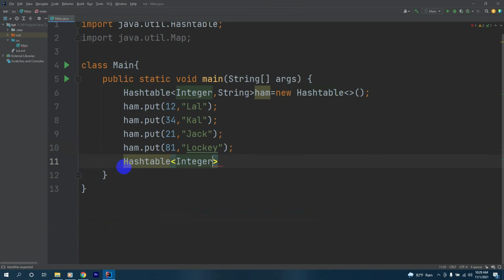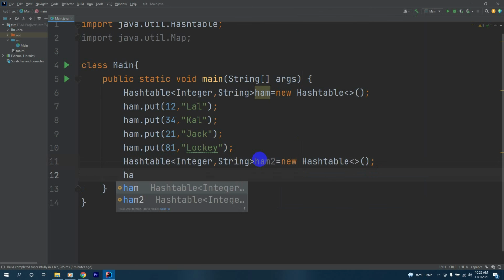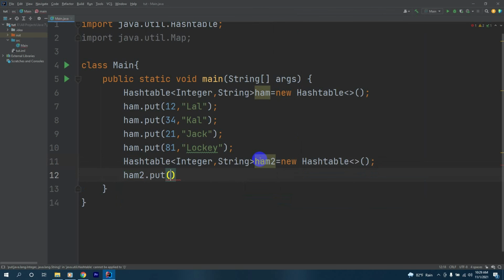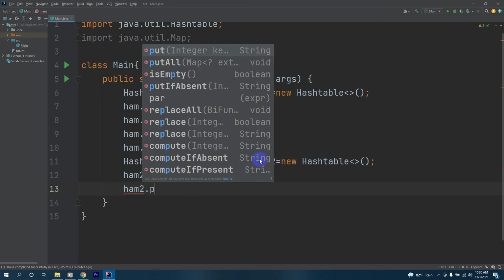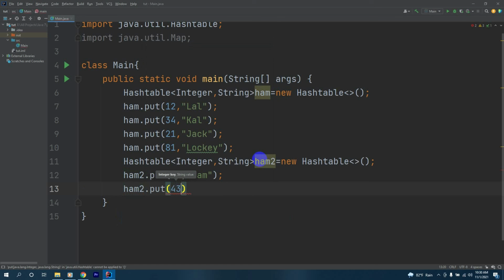Hash table integer key string value, and we'll call this ham2, and we'll make it equal to new hash table, and here we'll add some values. ham2.put, and we'll give an id 16, and we'll have a value called Sam here, and another value ham2.put 43, Leslie.